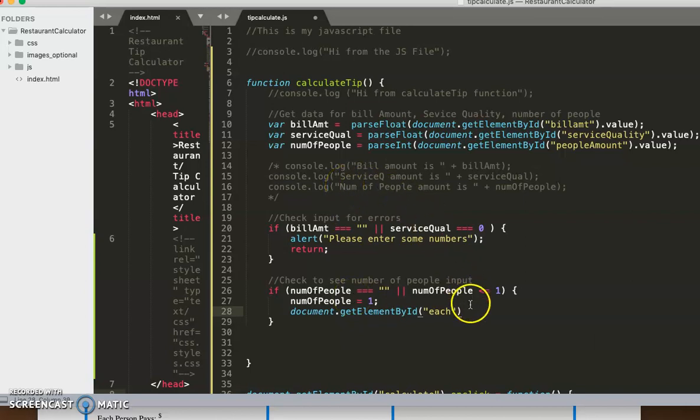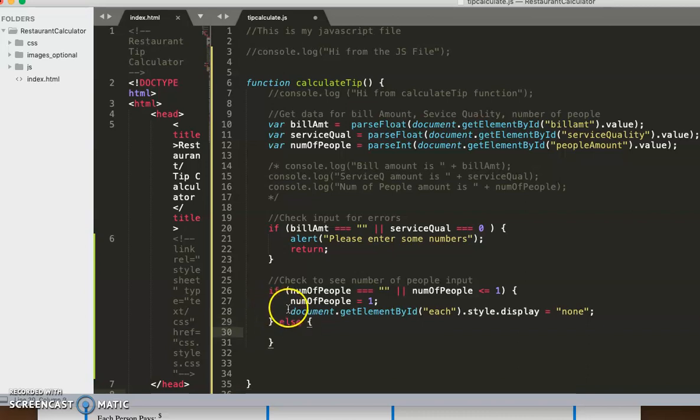Okay, and we can actually turn it off so you can't even see it. So you can say style display equals none, like that. Okay. What it'll do is not show anything unless we need to. Okay. And then we can say else,